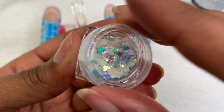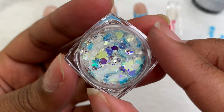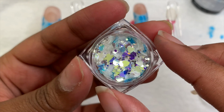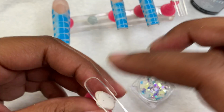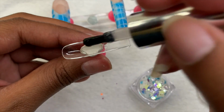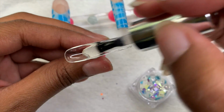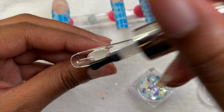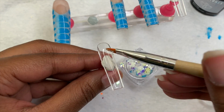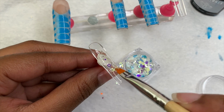Now moving on to the other nails, I'm going to be taking this glitter. Here you can see it has some little butterflies, some little circles, some hearts, and some little flower pieces. I'm not sure what they are, I forgot. But I'm just going to be putting some of those inside the nails with the, I guess you can call this the press method, because I'm not really using polygel. So yeah, I'm just going to be putting some base coat inside the nail,